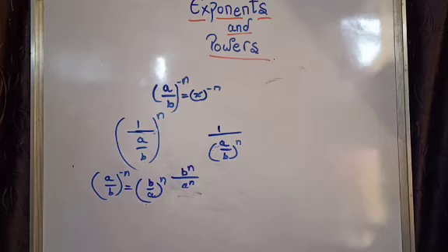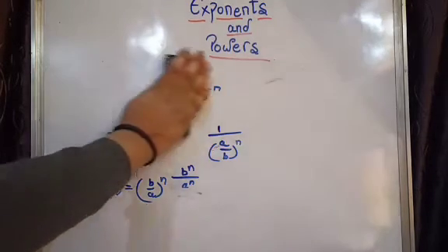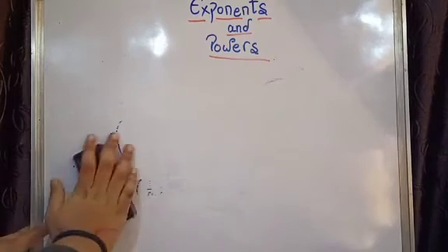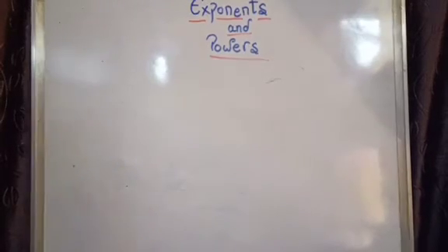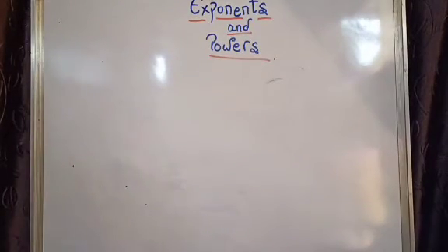Now it is written also, therefore (a/b) to the power of minus n will result as (b/a) to the power of n, and some examples are given so you can solve them if you want. Now the laws of exponents are given. I am teaching you like this so you should know. Now we should begin the laws of exponents. Okay, law 1 is given.